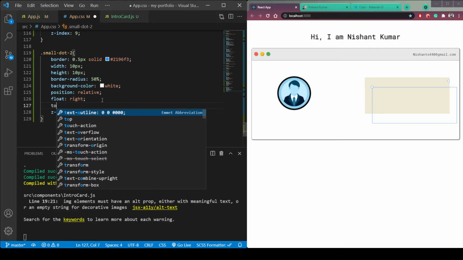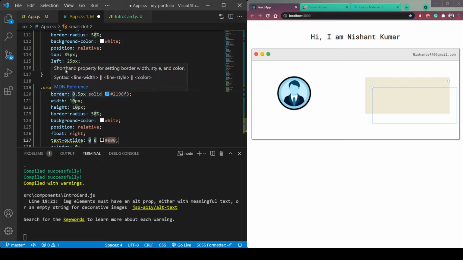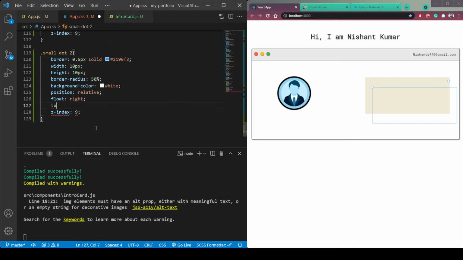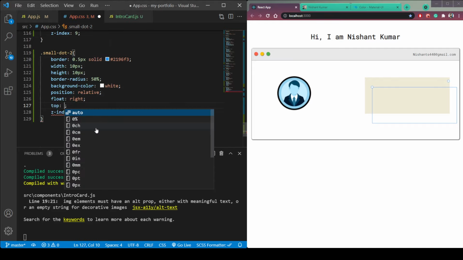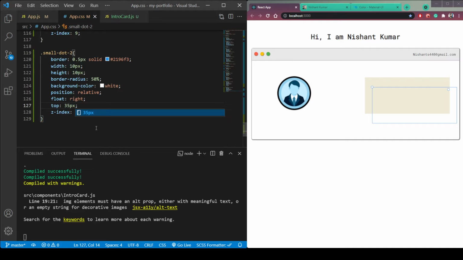So give it a top of 35 px, or it is too much. Let's make it 30, 25. Okay, 25 is working.